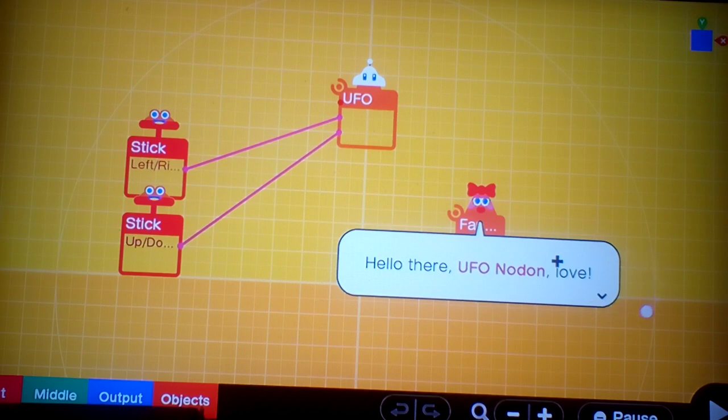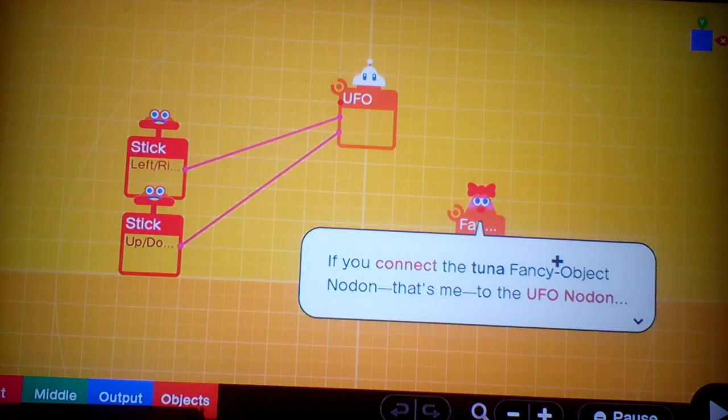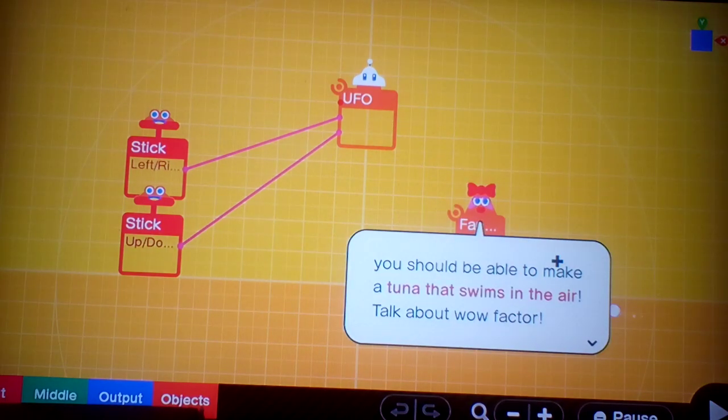Hello there, UFO node-on. Hello there. I fly around in the air, light as can be. If you connect the tuna fancy object node-on, that's me, to the UFO node-on, that should make the tuna swim in the air. Talk about a wow factor. And with that, we'll continue